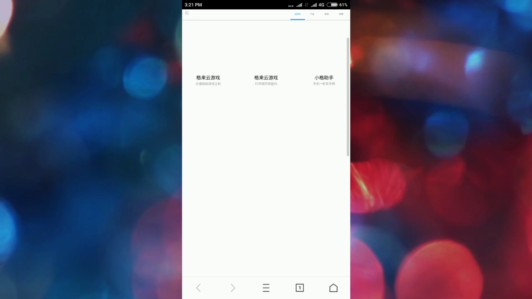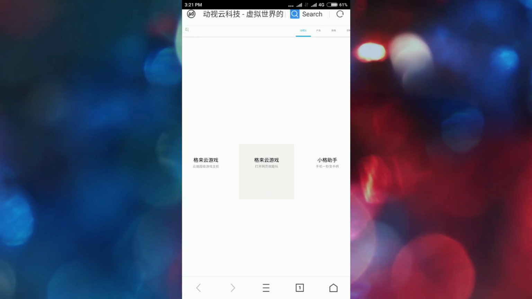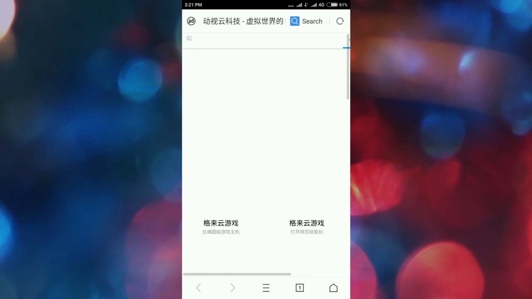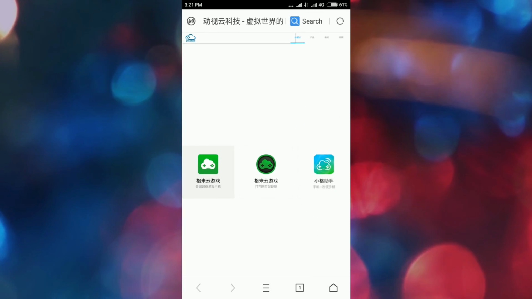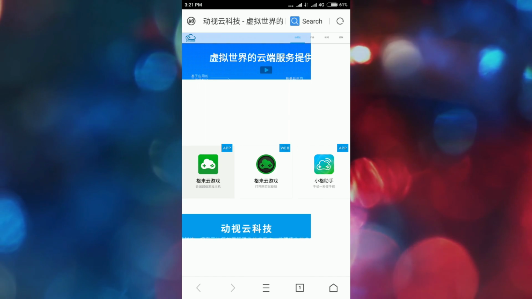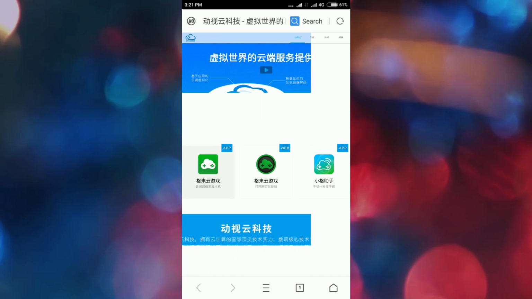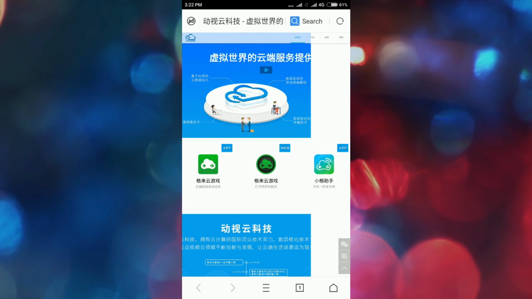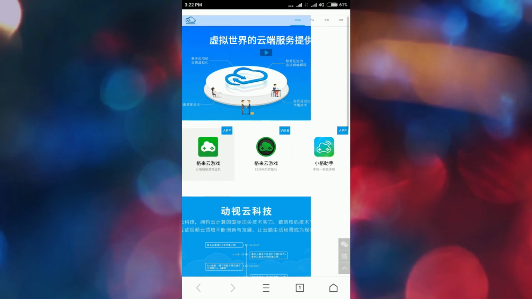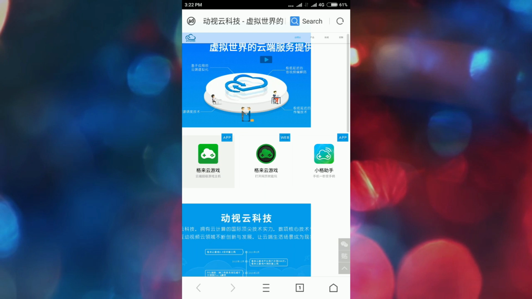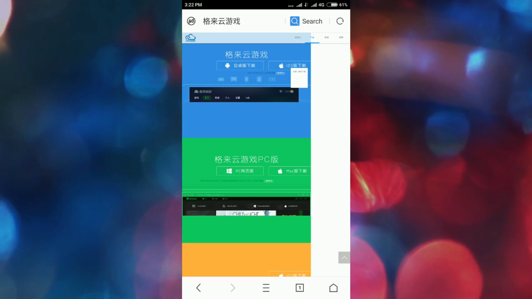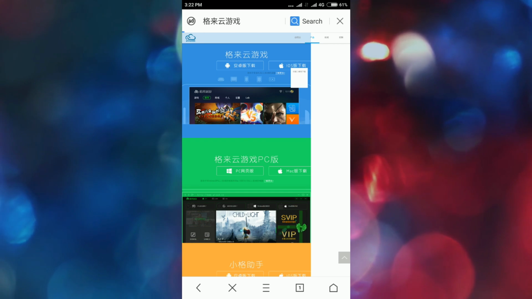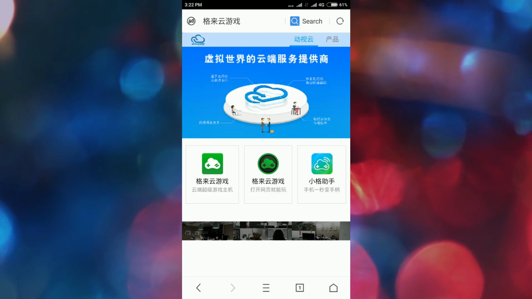As you can see, here the site opens. When the site opens, you need to click at the left. Here is the app at the left, as you can see here. Well, click on it, and now click at the top on the Android icon.